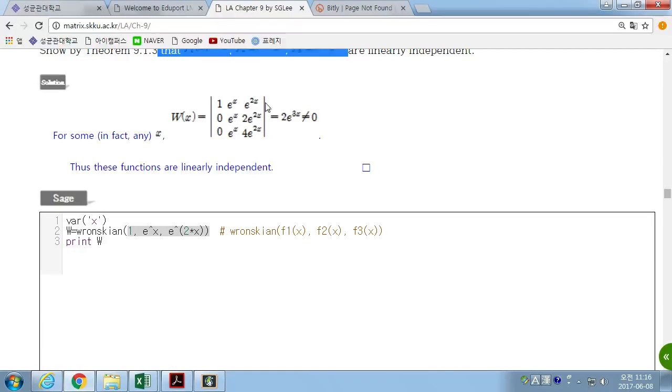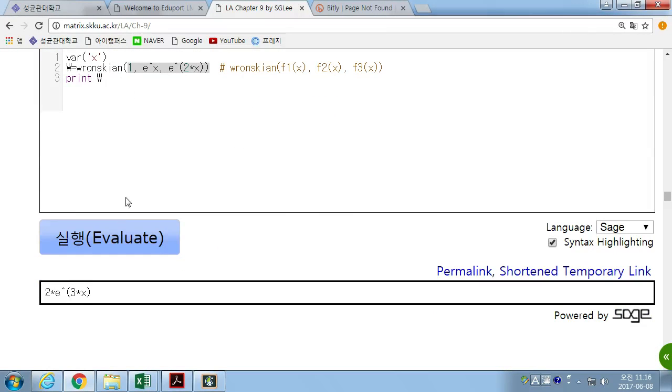So we can have a matrix, and the determinant is the Wronskian, which is this function. This is not a zero function. This is not zero for some x. Actually, not zero for any x. So we can say these three continuous functions, three vectors, are linearly independent. And this shows